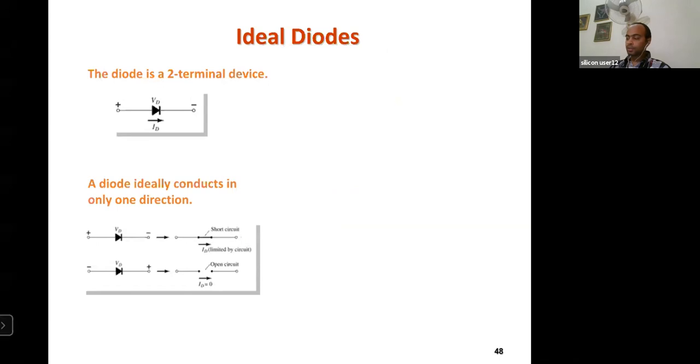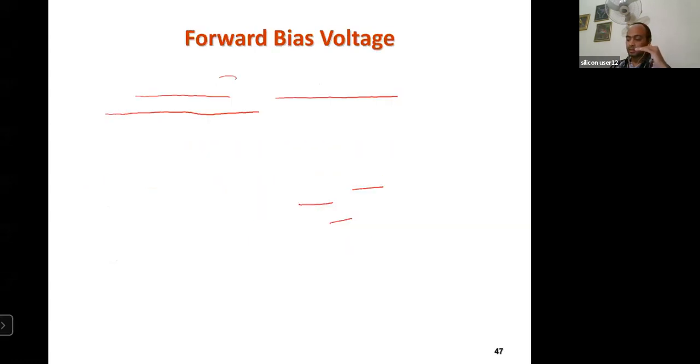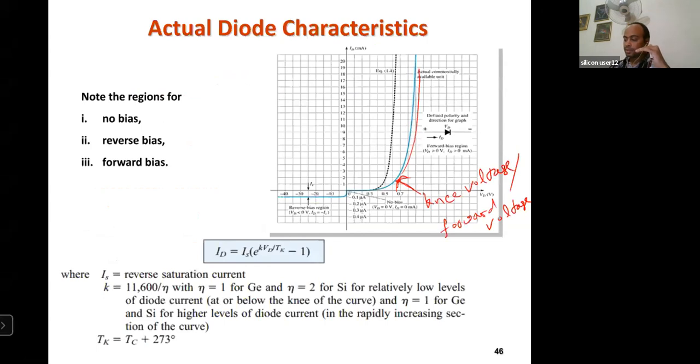So this slide also we have seen in the last class. What does it basically mean? It is just the characteristic of an ideal diode. In the last example, we saw whether the current was increasing like a vertical line or gradually increasing. It was gradually increasing. So here the diode characteristic, or the current with respect to voltage, is increasing gradually. It is not an exact vertical line. That means we are assuming it has a certain amount of resistance.